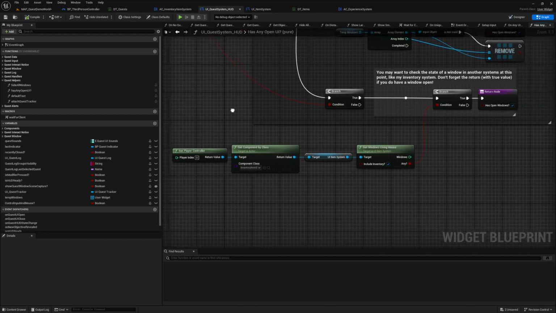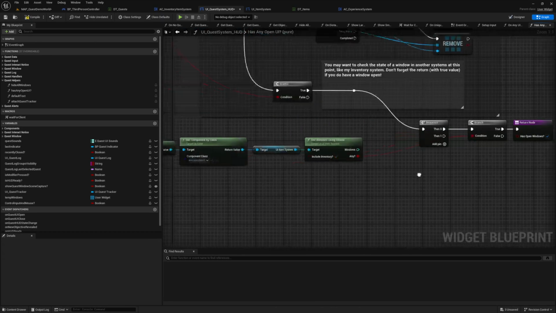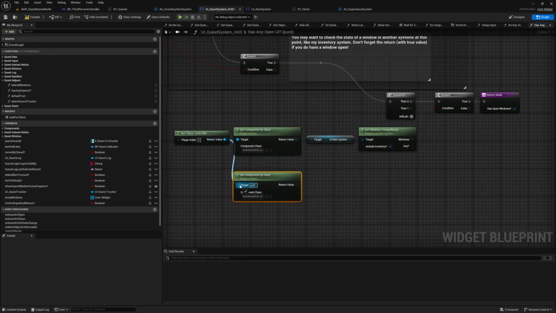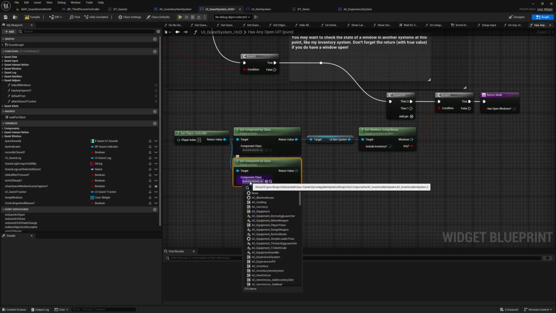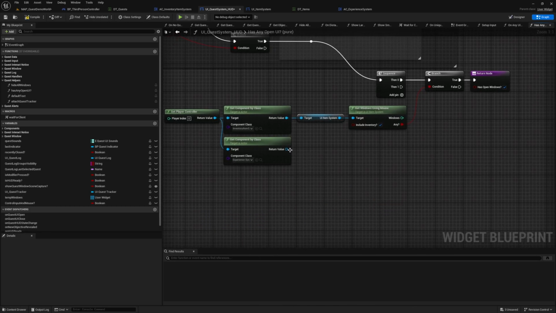UI_QuestSystem_HUD's hasAnyOpenUI function and place a sequence between our two branches. For our inventory system check, have it come out of the then 0. For our experience system, we'll be working out of the then 1. Duplicate the getComponentByClass reference and hook it up to the getPlayerController reference that's already there. For the class in this one, select AC_experience_system. Then from this, get a reference to the